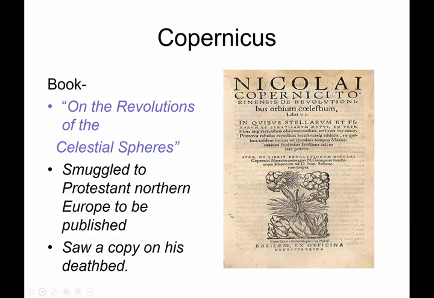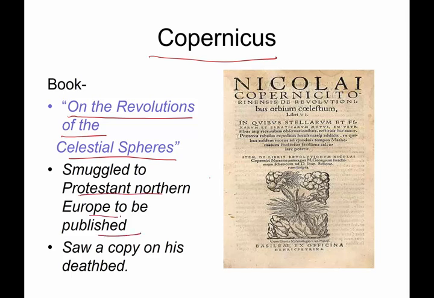And so Copernicus wrote a little book on the subject. It was probably too small to be called a book, and it was actually more of a pamphlet. And the book is called On the Revolutions of the Celestial Spheres. Now, Copernicus worked in Poland. This was an area that was dominated by the Catholic Church. And so he had one of his friends smuggle it into Protestant Northern Europe, where it was published. The book was then brought back to Copernicus, and it is reported that he saw a copy of this on his deathbed,